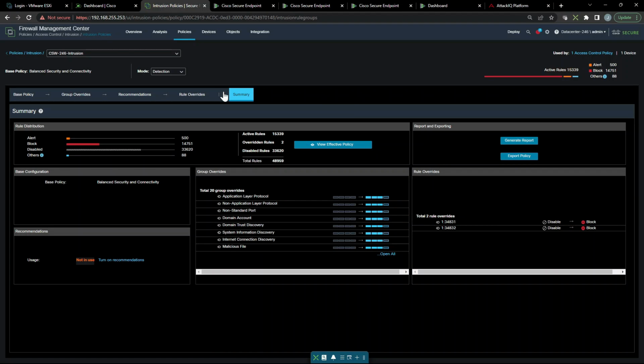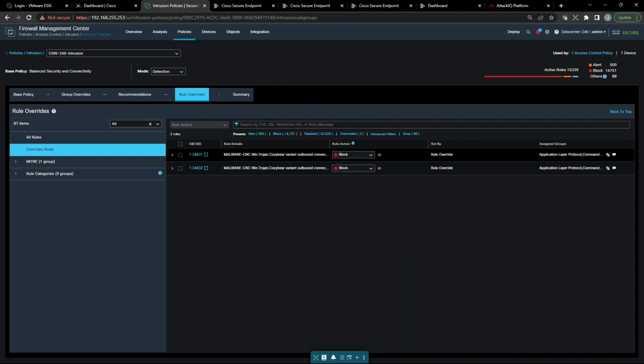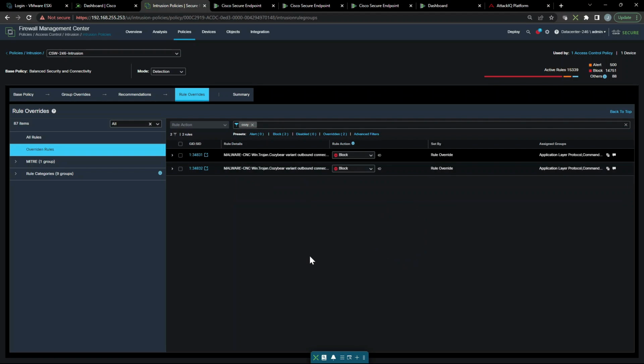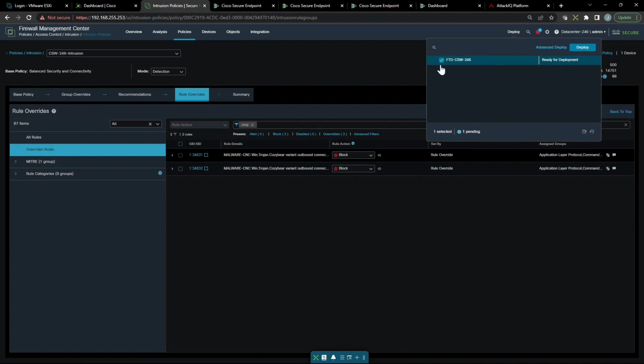Let's go back into rule overrides, and we can see there's the two signatures enabled. If we search, there's not going to be any additional Cozy Bear options here. Okay, good. We'll go ahead and deploy this. I fast-tracked the deployment. We don't need to necessarily see that. But now that we've got the signatures in place, we can go ahead and run our scenario in Attack IQ